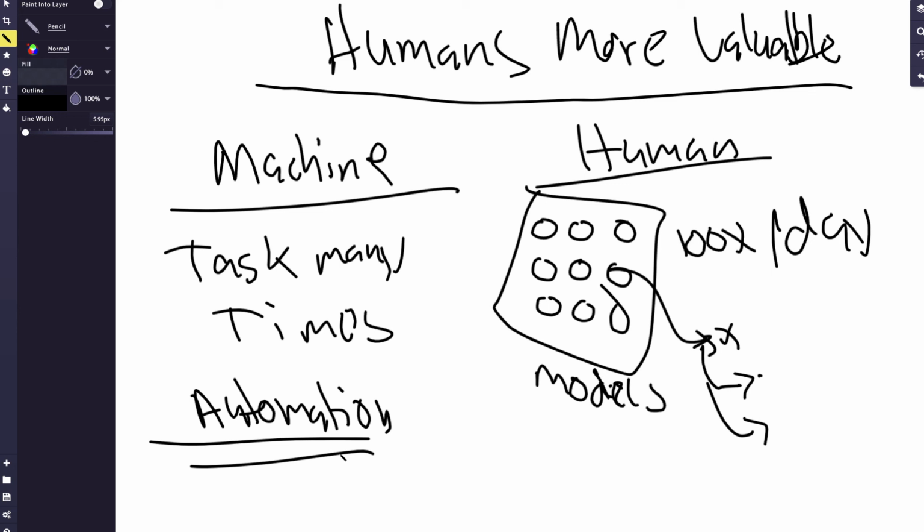A human is best at looking at a system at a high level, like driving a car versus building all the things inside of the car, right? And it's a different level of abstraction. So now that we have maybe a high level overview of why this would be important, we can also dive